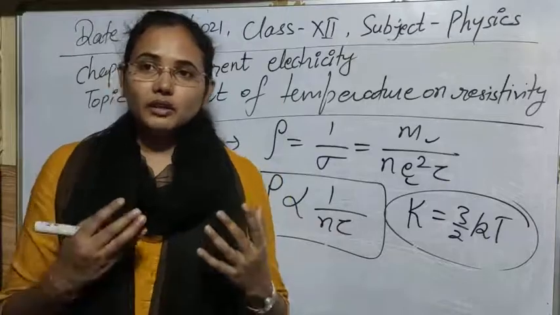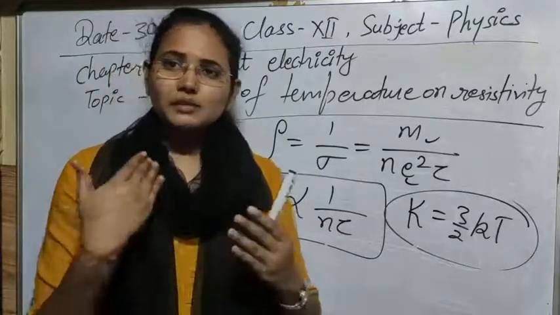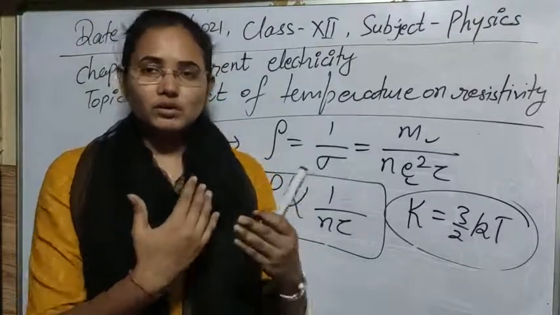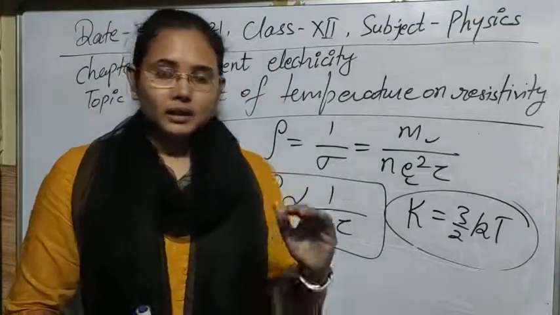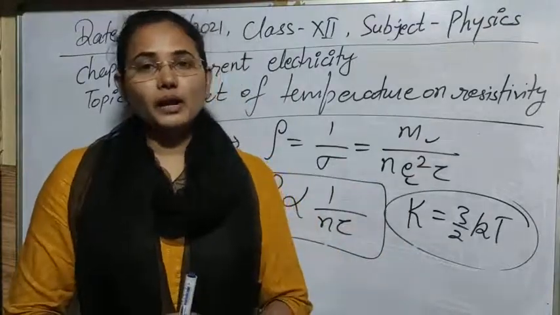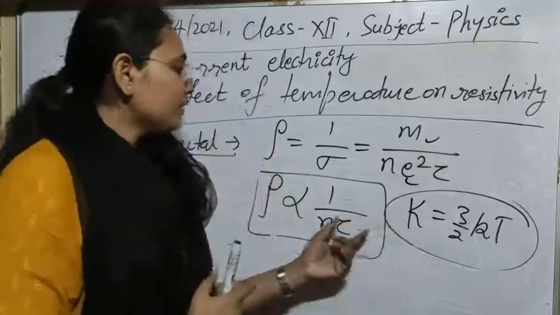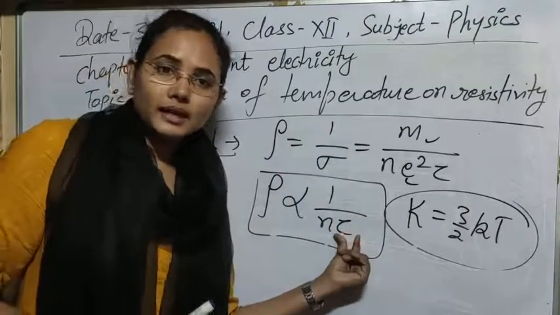And if the drift velocity is increasing, which means that the vibration of the electrons will increase, and due to the increase in oscillation they will transfer their energy more rapidly, and the current will reach from one end to another more rapidly, in less time. So it means that with an increase in temperature, this factor tau is decreasing.